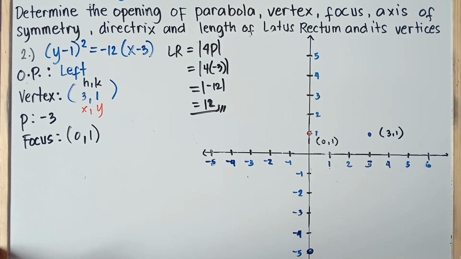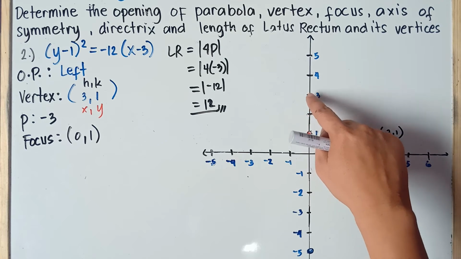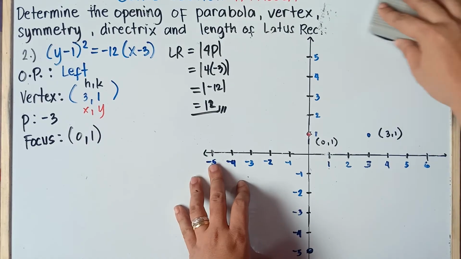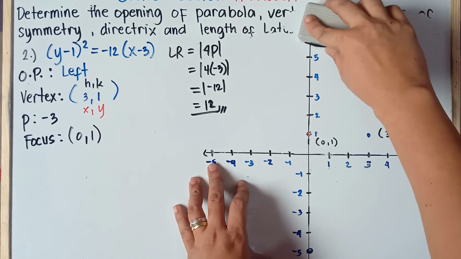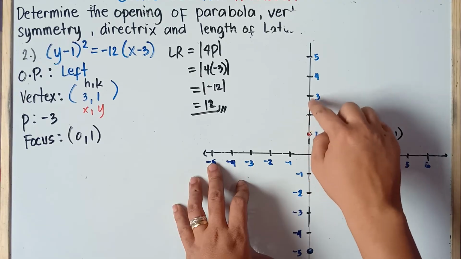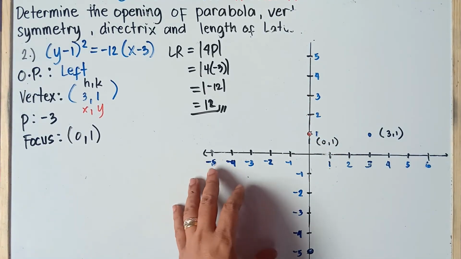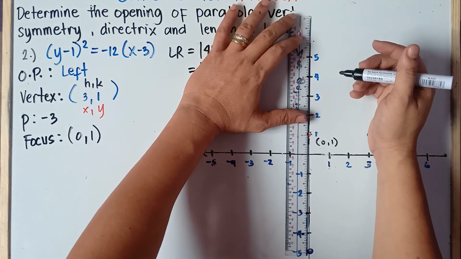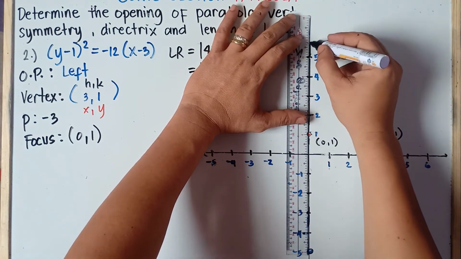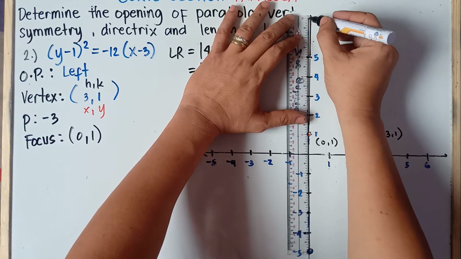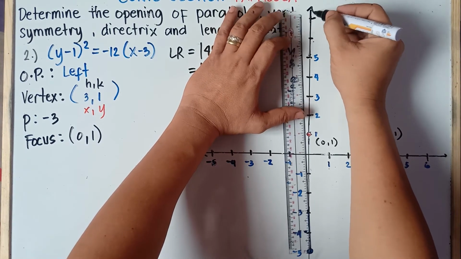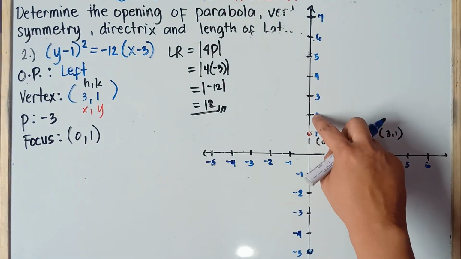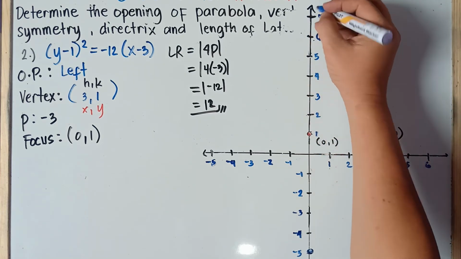Alright, and the other one, starting from this one, 1, 2, 3, 4, 5, 6, lacking one, class. So let me just erase this one, class. So 1, 2, 3, 4, 5, 6. Alright, so I do apologize, class, because our whiteboard is not that big. Alright, so this is 6 and this is 7. So 1, 2, 3, 4, 5, 6. That's it.